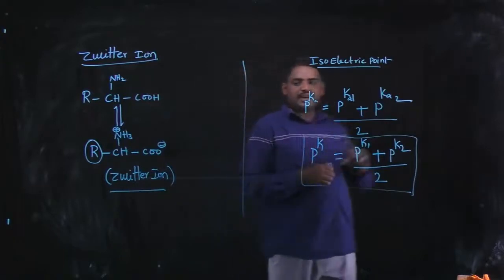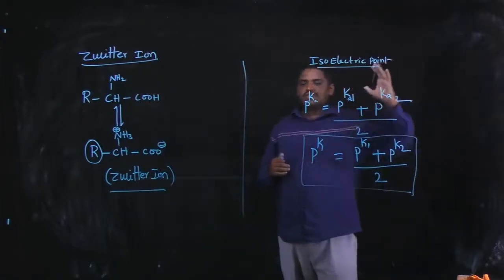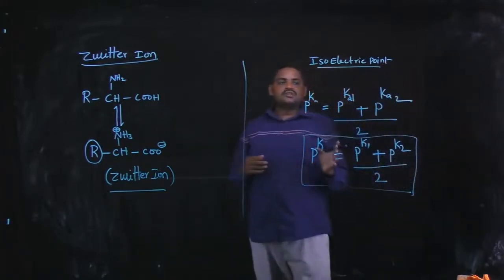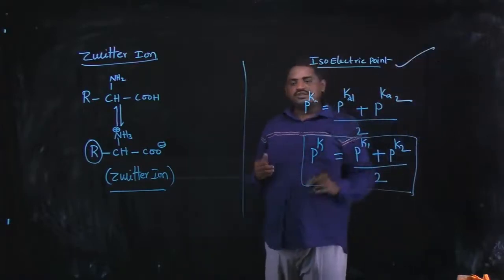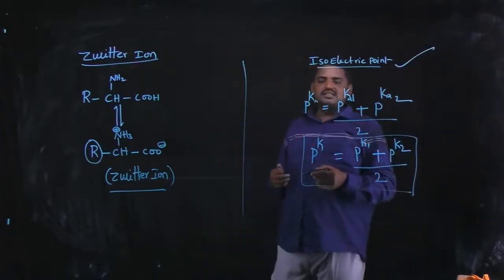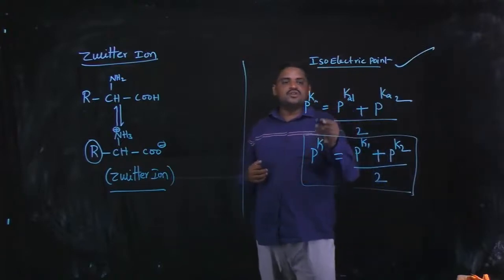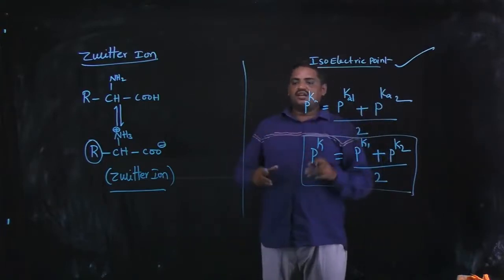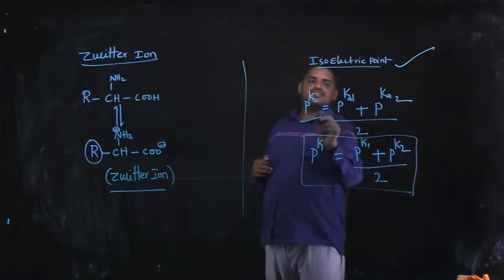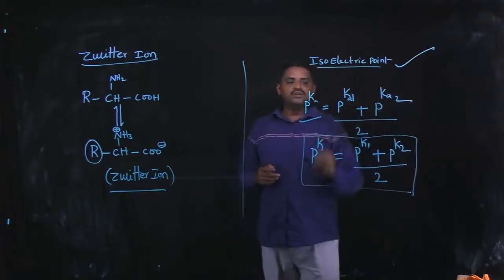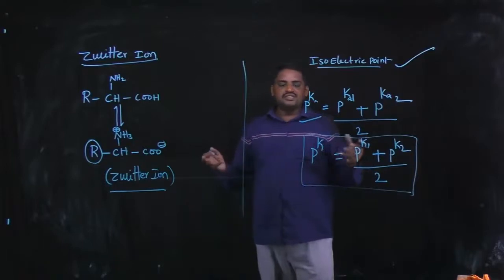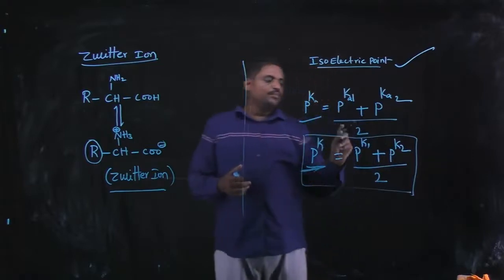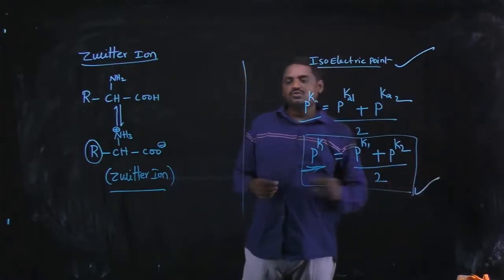And the isoelectric point: at a particular point or pH, the ions do not move from one place to another in the presence of an electric field. That point is known as the isoelectric point. For acidic amino acids, the isoelectric point pKa is equal to pKa1 plus pKa2 whole divided by 2, when two amino acids are mixed with one another. For example, if the given amino acids exhibit neutral character, that amino acid mixture's isoelectric point pK is equal to pK1 plus pK2 whole divided by 2. This is the explanation.